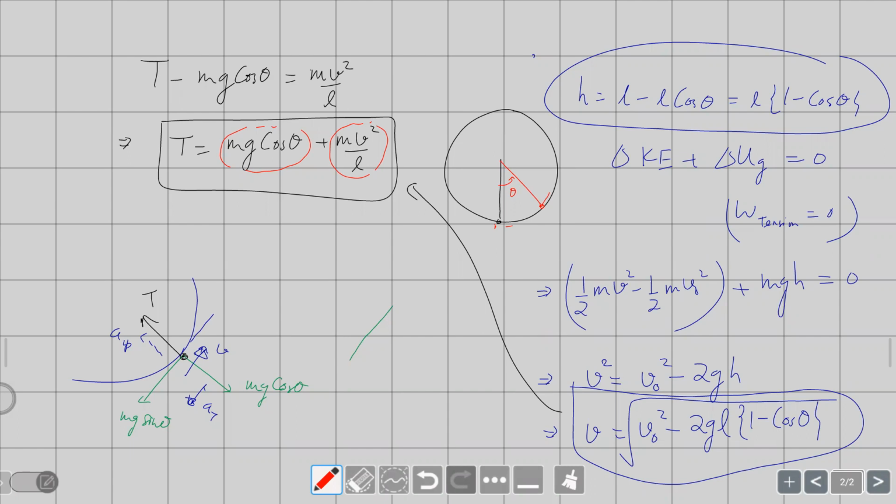Exactly. So is this point clear to all? Okay. So now you substitute the value in terms of V naught. So you're getting tension as a function of theta. It gives a bit of a complicated expression. So as you can see, when you open up that bracket, you will have V square equals V naught square minus 2gl into 1 minus cos theta. So from here, the cos theta term will come with plus 2. So cos theta plus 2 cos theta. And there's already a cos theta term here. Okay, so we will get 3 cos theta